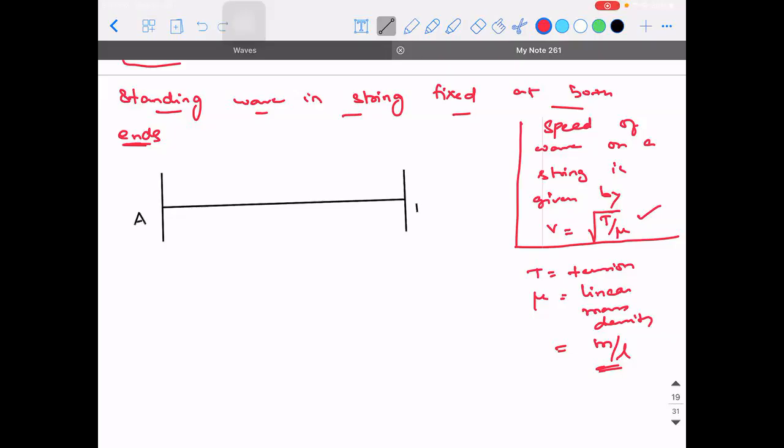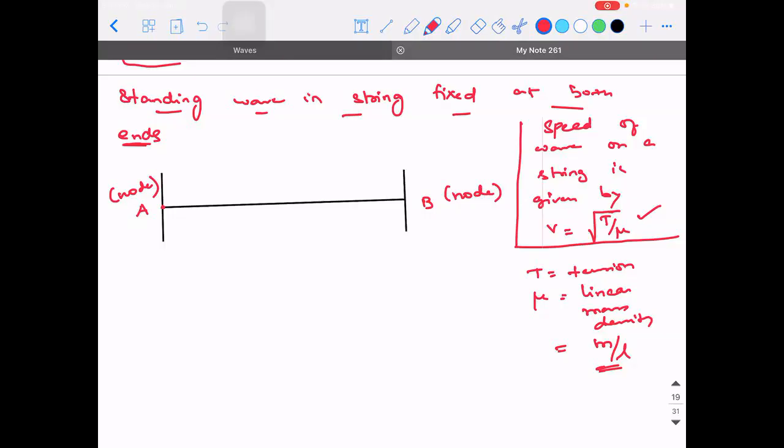What is the thumb rule I told you? At the points where it is fixed, it will always have a node. Means that point can't move. The reason is very simple, because if I take a particle here, the particle is held by the rigid body. It cannot move. It can become an antinode only if it is able to reach the maximum position. When it is not having the provision to move at all, there is no question of antinode. That's the reason, nothing else.